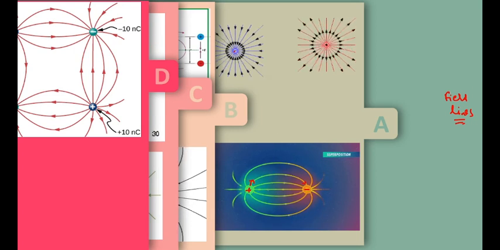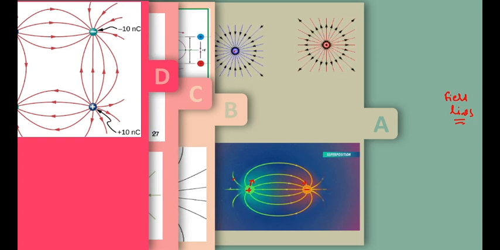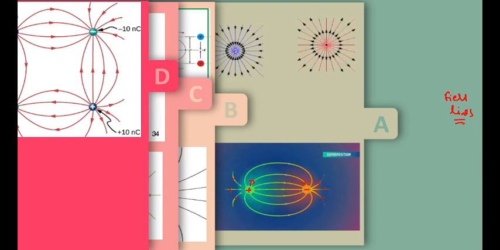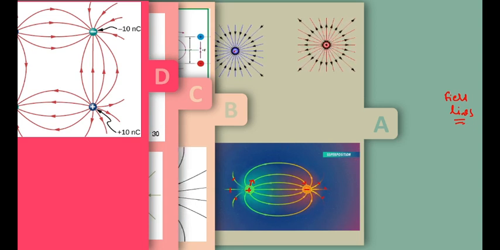So the point is that electric field lines will generate from the positive charge and they will terminate on the negative charge. You can see a few lines like this one, this one and this one. Basically these lines are generated from the positive charge, travel an infinite distance and then come back to the negative charge. Correct? So two points here. First, for positive charges, field lines will be generated. For negative charges, they will terminate. If we keep two charges, one plus and one minus, side by side, then field lines will originate from the positive charge and terminate on the negative charge, right?